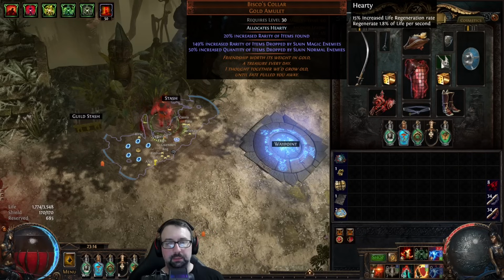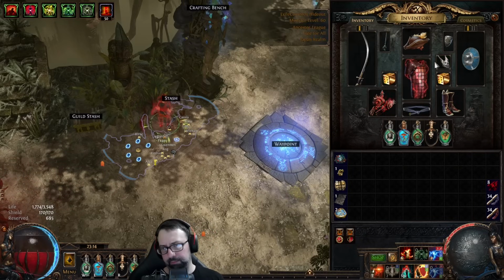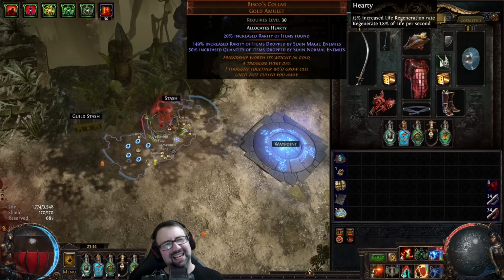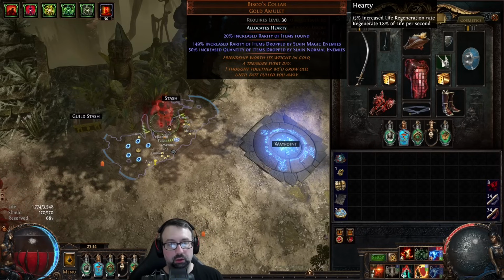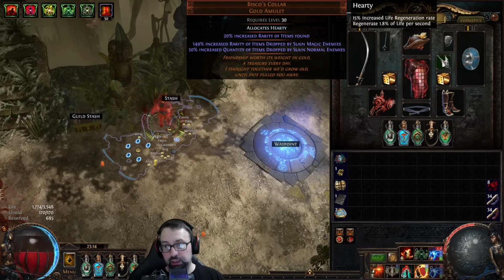So Hardy with the Bisco's collar helps with the rage regen. I got almost 7 rage per second, I think, and that really helps. I like having closer to like 7, 8, 9 rage per second. It just feels a lot better. Bisco's collar is like a nothing item, costs nothing. Even this well rolled costs almost nothing, but it's extremely good for ghosting, because of the touched mechanic,